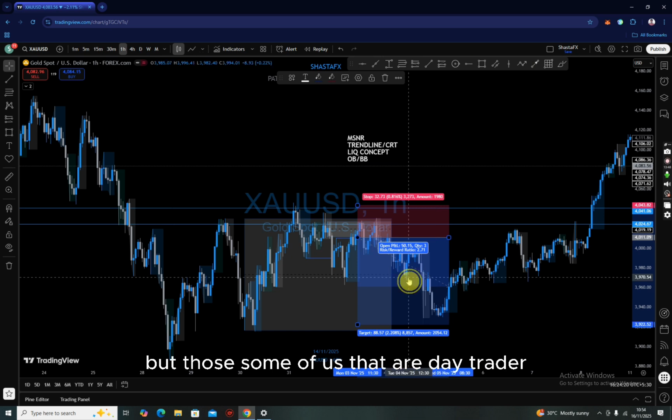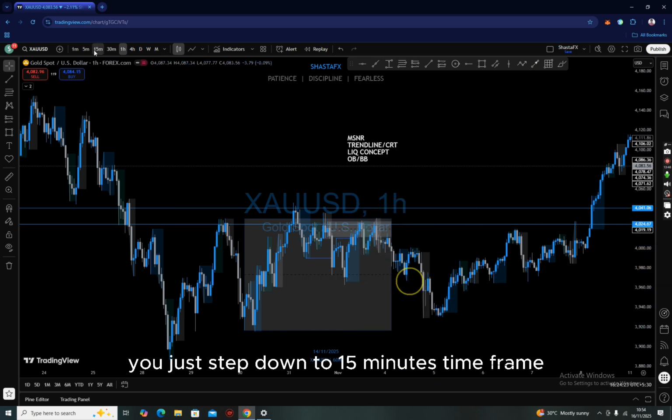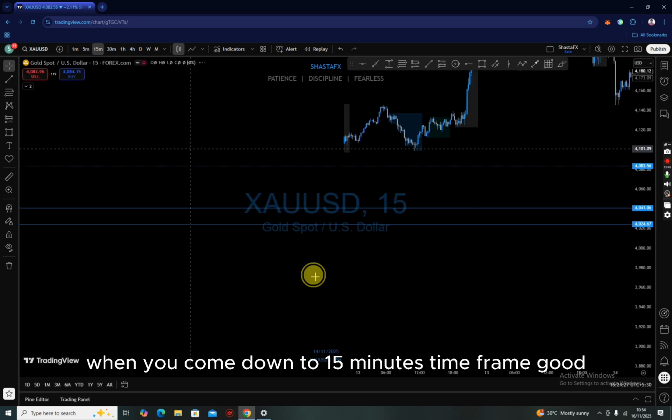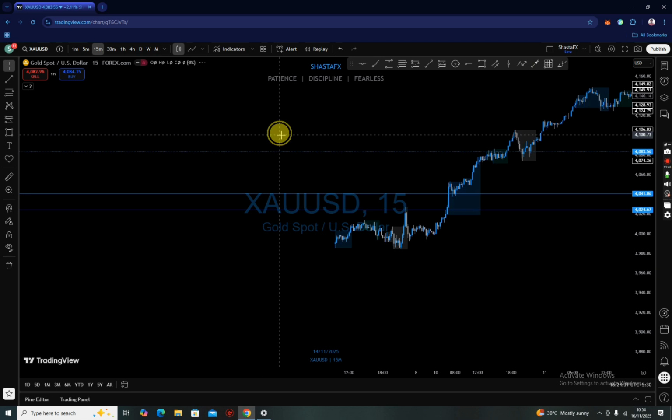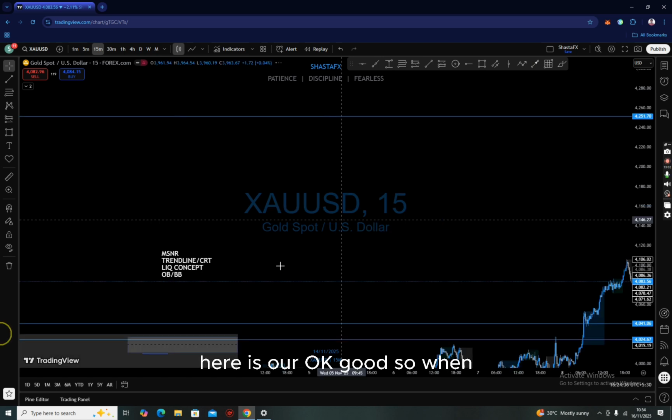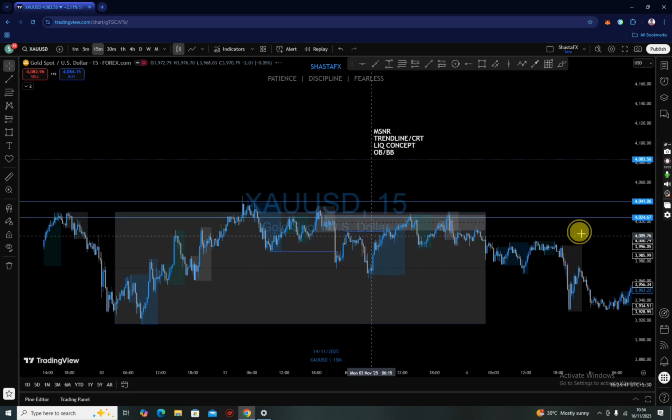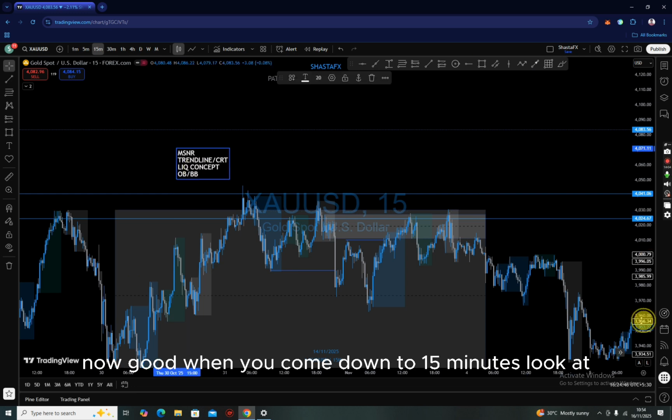But some of us that are day traders, what we need to do is just step down to 15 minutes time frame. When you come down to 15 minutes time frame, good. Here is our, okay, good. So when you come down to 15 minutes time frame, let's expand it. Let's bring this thing down again. Now, good. When you come down to 15 minutes,